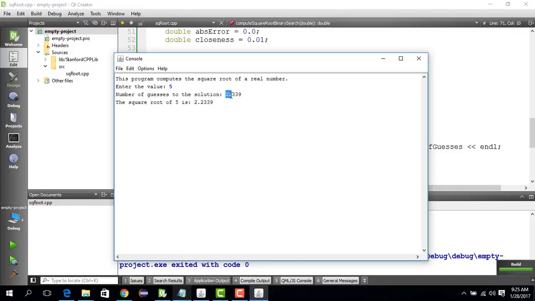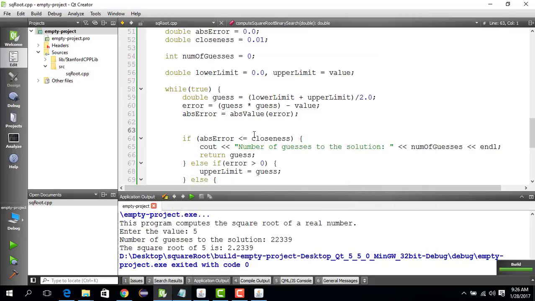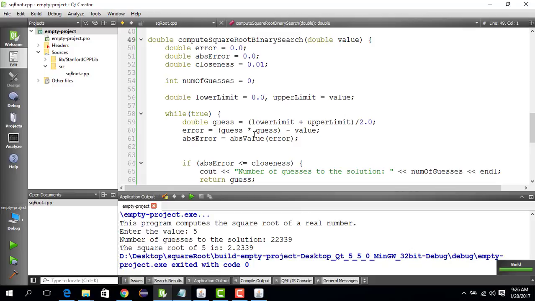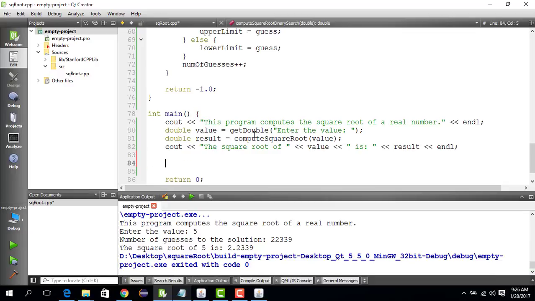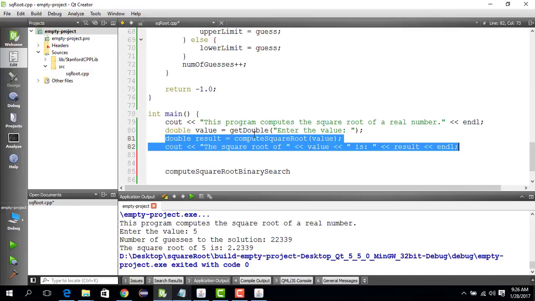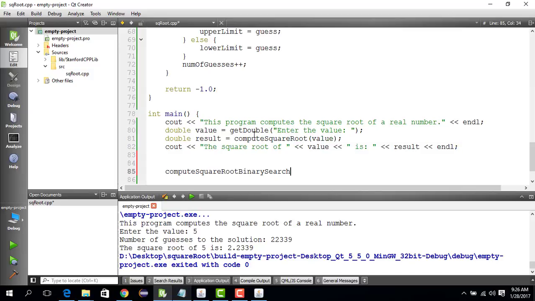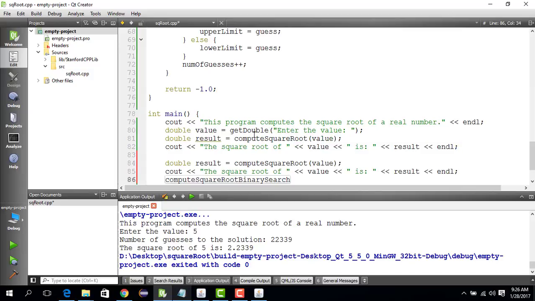After 22,339 iterations, we find our close result, which is this. And if we include our binary search algorithm, we can do it here like this. We copy this thing, paste it here, and copy this,